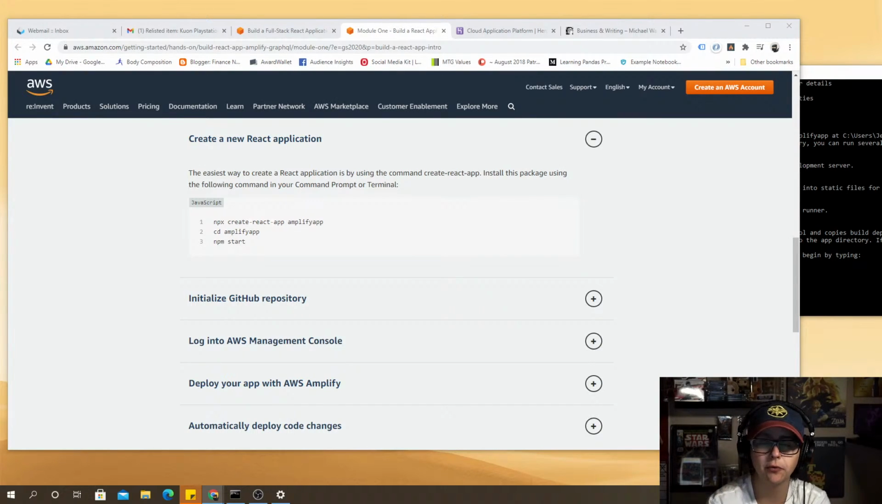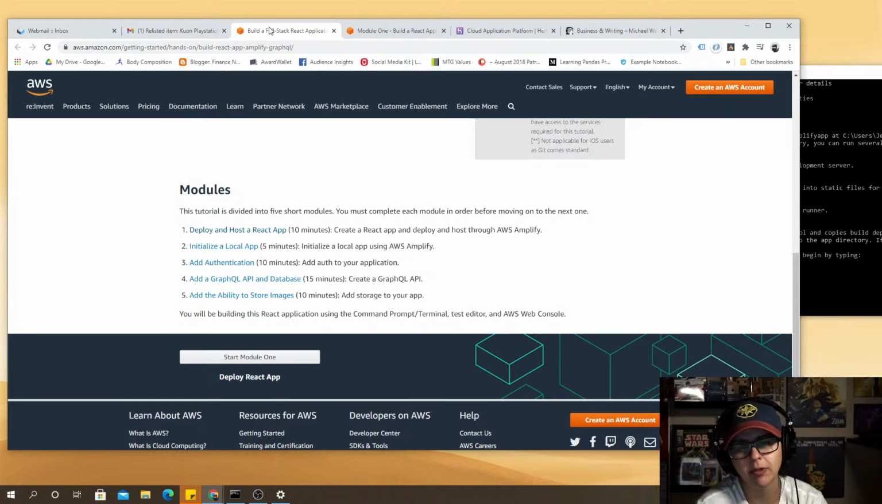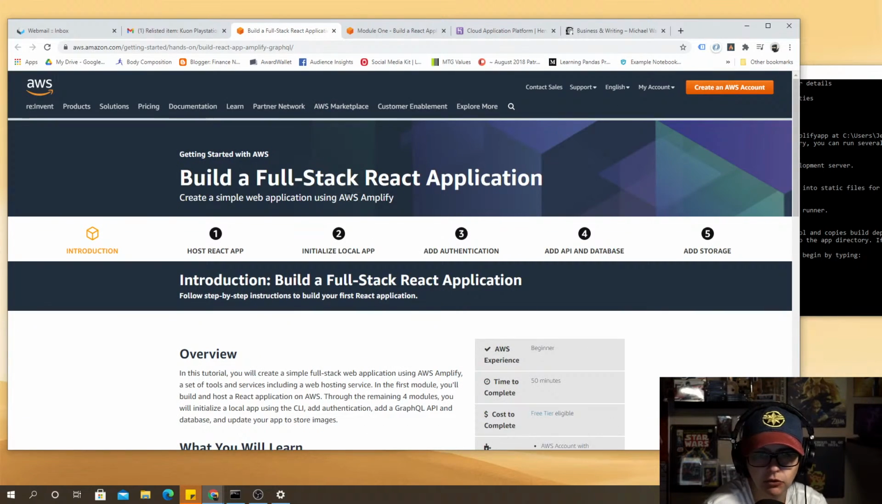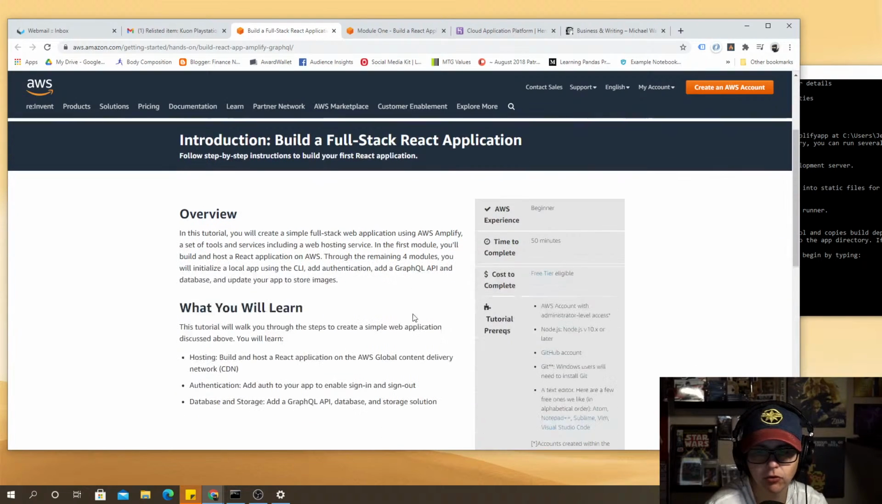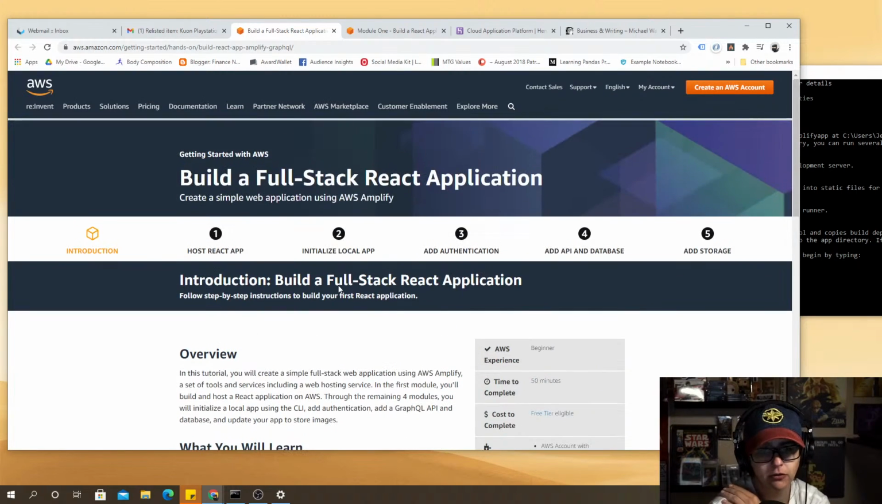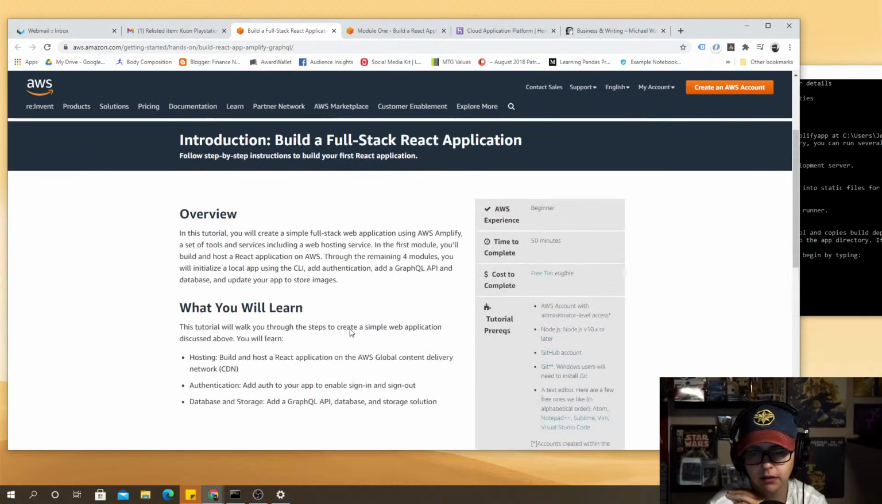Cool. So for today's stream, I'm really excited because one of my good buddies at work told me about this tutorial to build a full stack React application. It's one of AWS's tutorials. And what I really like about it is that it'll teach me how to quickly build a React app, and then also teach me how to host it on AWS. So